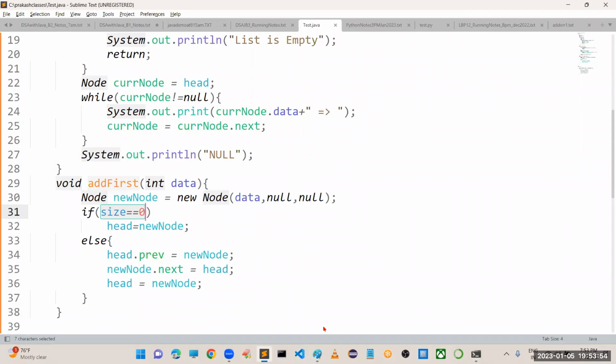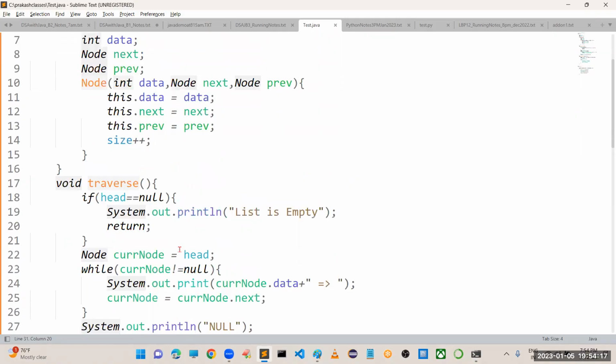So the new node has to be in the else statement or a little bit later down. Correct, correct. Who is that? Vishal, sir. Yeah, correct point. So we can change the code by saying if head equals null instead of size equals 0. And then in else, we can put the new node. Yeah, that is good, but I think